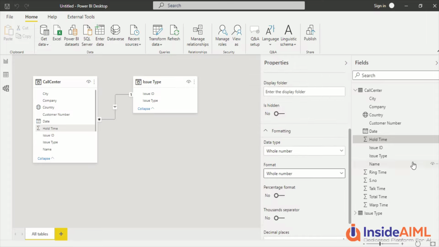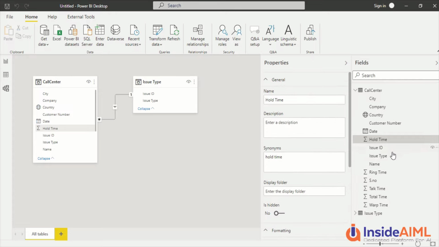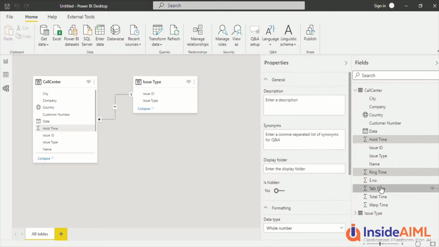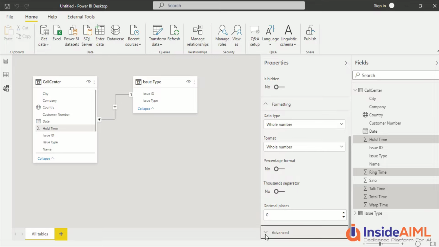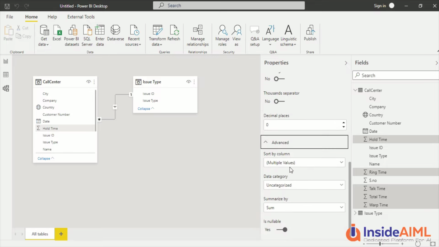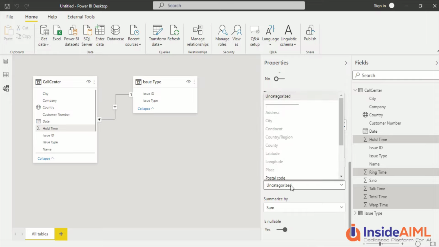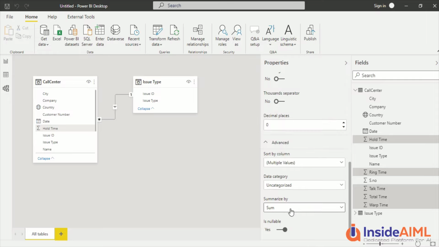Now another thing you can do is change multiple things together. So let me click on all of these. Now you see that here I can change multiple things in one go. I can change decimal places for all of them. I can enable the 1000 separator. I can make them percentage columns. I can go to advanced and define their data categories, or I can change their summarization. Right now all of them are sum. I want to change it to count or distinct or default. Many of you have this question, how to do it together.